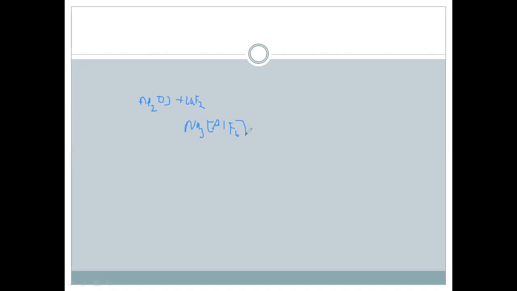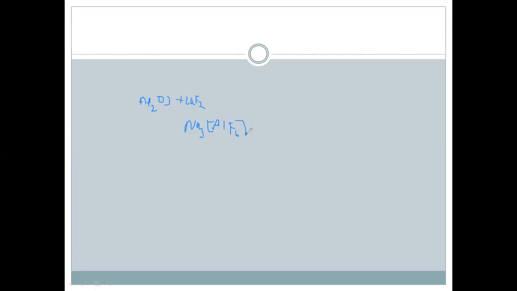And steel lined with coke or carbon acts as the cathode and the graphite rod acts as the anode. And here the graphite rod is not an inert electrode, it is an active electrode, because at the anode the graphite carbon will be reacting with the O2- ion and thereby forms carbon dioxide and carbon monoxide. And at the cathode, Al3+ ion will be reduced to Al.